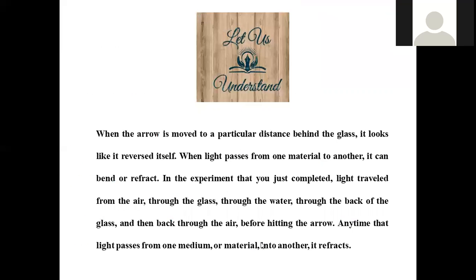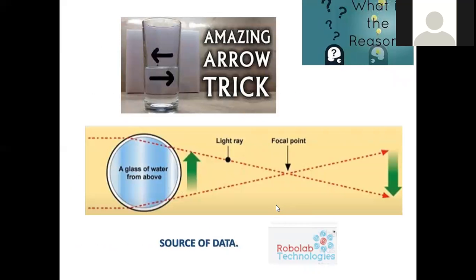The reason can be explained very clearly by using this ray diagram. Let us say this is the object we are taking, right? We take the glass of water and view it from above. A light ray is allowed to fall on that. Here is the focal point, but the image is formed beyond that focal point. This is explained for the filled water glass.